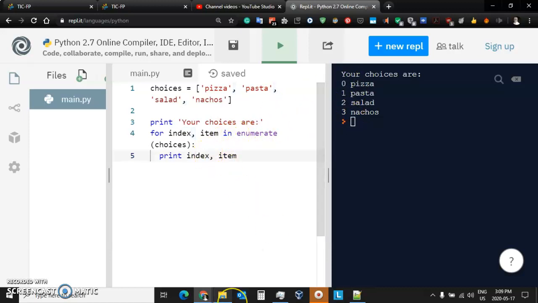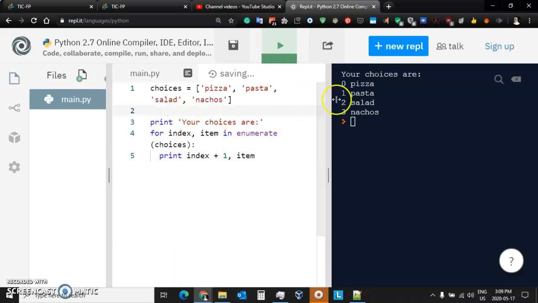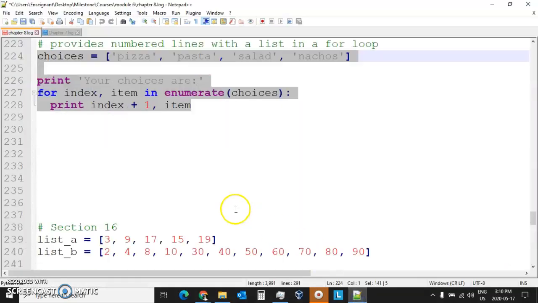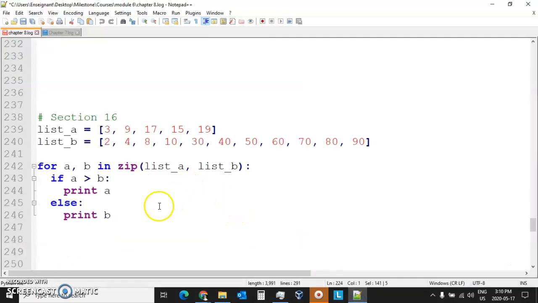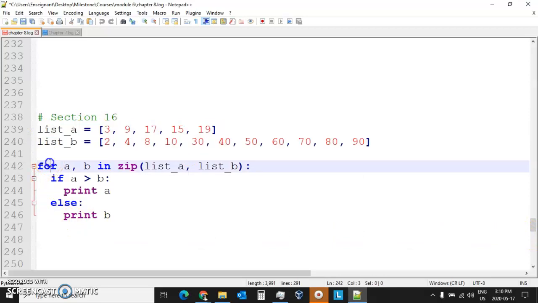Most people are used to seeing lists enumerated from 1. So what we're going to do is we're going to add the number 1 to the index. So instead of 0, we'll see 1. Instead of 1, we'll see 2, and so on. So there it is. And in section 16, we have 2 lists that we can iterate through using our for